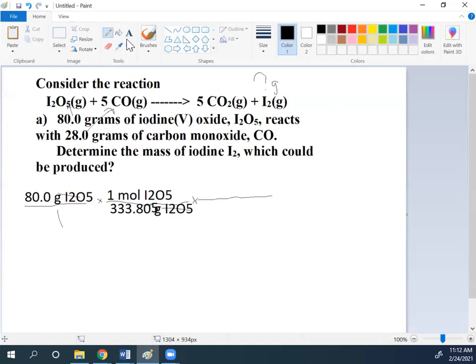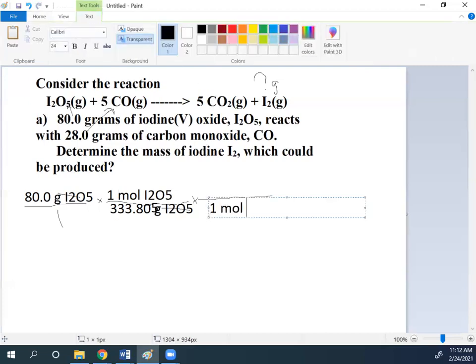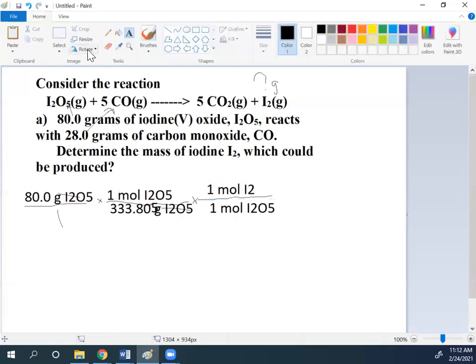So what's going to go in the bottom of this next fraction? Gavin, what's going to go in the bottom of this next fraction? Say it louder. Where'd you get that 1 from, Gavin? The balanced chemical equation. Yes, sir. 1 mole I2O5. And on the top, let's go with Marshall. 1 mole I2. Mole I2O5 cancel, times